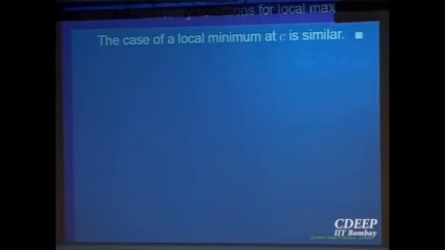Because this says if at a point there is going to be local maxima or minima and the function is differentiable, then the derivative must be equal to 0. Of course, the point must be an interior point, right? So at least it gives you a possibility where to look for points of local maxima and minima. Look at the points which are interior points and where the derivative exists and is equal to 0. Those are possibly the points where the function can have local maxima and minima, right?